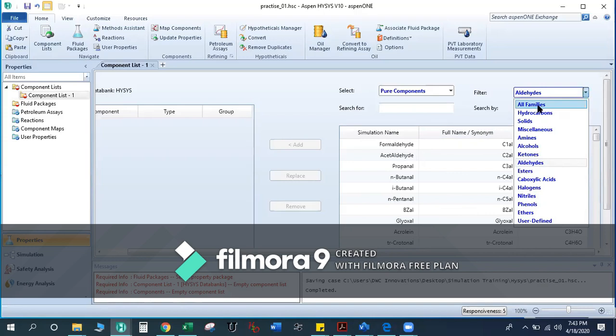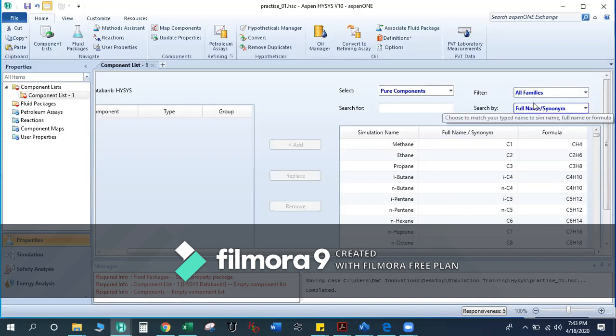Just keep it as all families. Now the next option is search by. You can search for a component by using its simulation name, full name, synonyms, or formula.